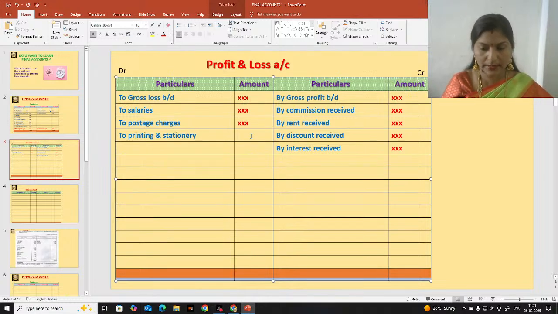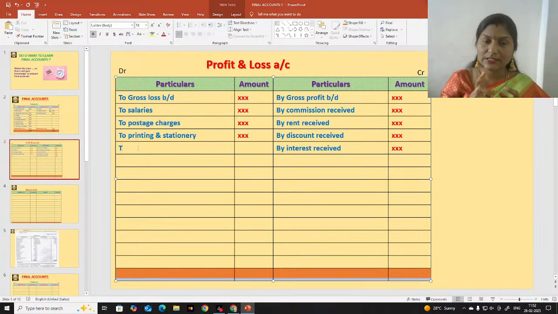In amount column XXX. Next item, these are compulsory items you should remember. Then your solution becomes very easy. You should remember these compulsory items, and there are so many items, and you can remember them later. But if you want to start final accounts, you should remember a minimum number of items so that you can understand